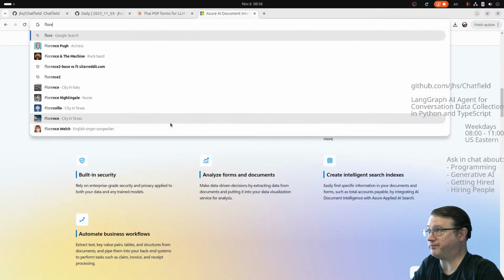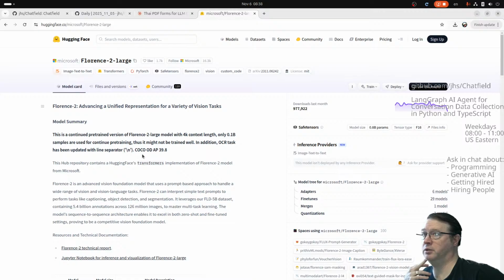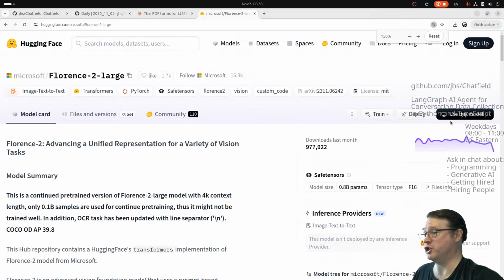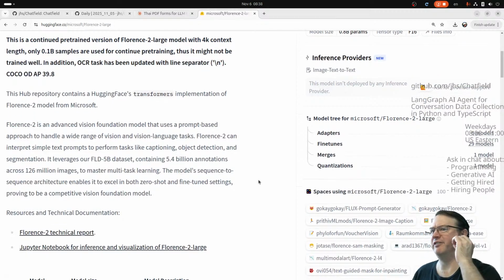I may get into this. I love Florence 2. I'm coming after the trend or something. I'm missing the trend. But Florence 2 can scan documents. You can fine tune Florence 2. You can fine tune the Microsoft stuff, but